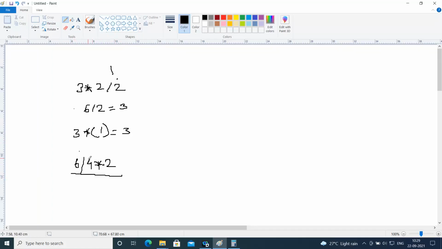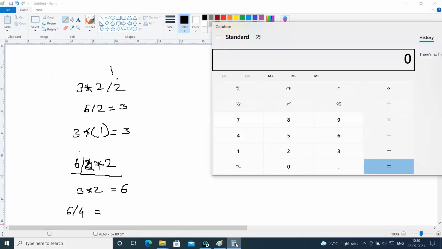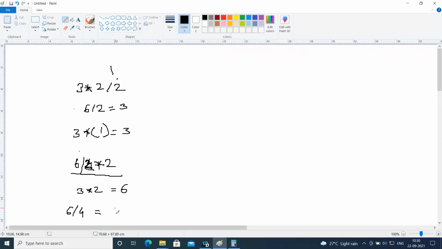If I do 6 divided by 2, I'll get 3, and into 2, I should get 6, right? But if we multiply 2 into 2 first, I'll get 6 divided by 4, and this will be a different answer: 1.5. Yeah, 1.5 is the output, right?